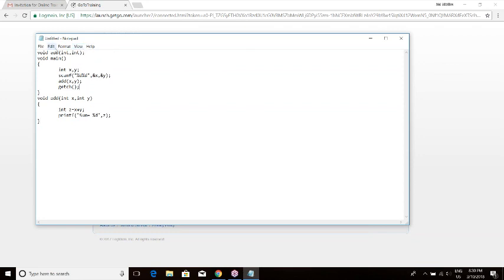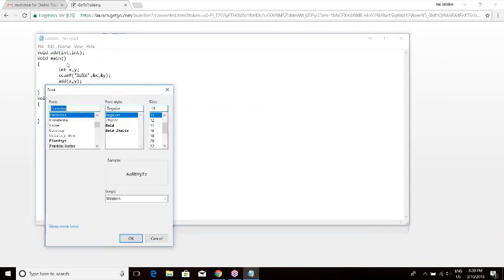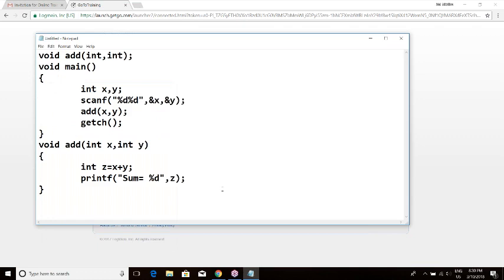Go to Format, then Font. Select bold here. Good. You have to write text for x and y.